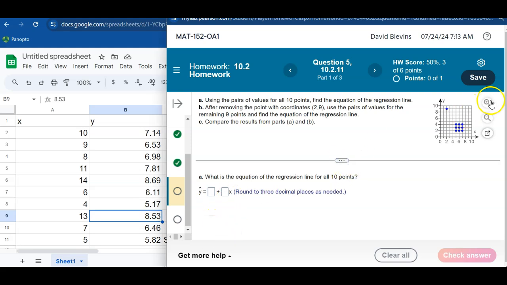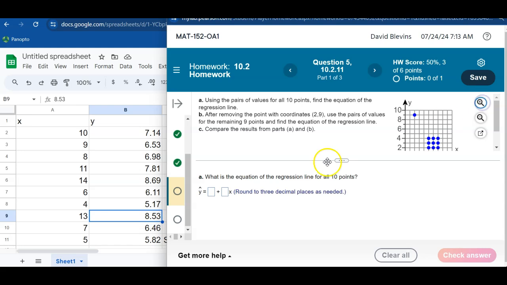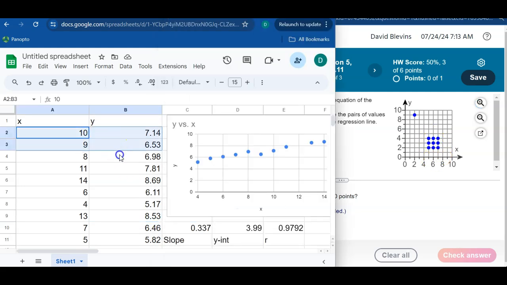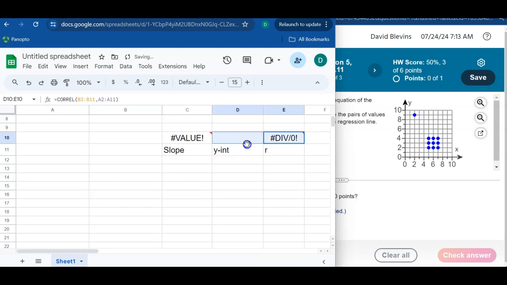So what I'm going to do is blow this up a little bit so we can see the points a little better. This is 2, 6, 8. You can see it's skipping over 5 and 7. But 5 has a y-coordinate of 2, a y-coordinate of 3, a y-coordinate of 4, and then 6 does, and then 7 does. So I'm just going to delete all this stuff,